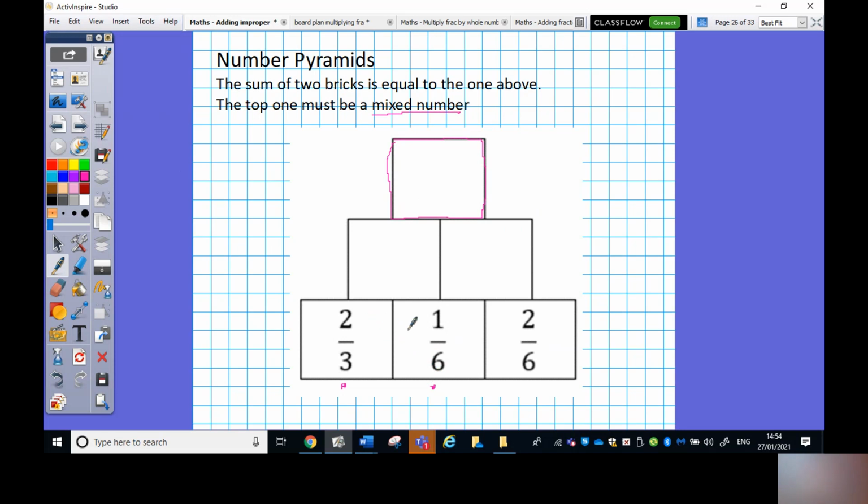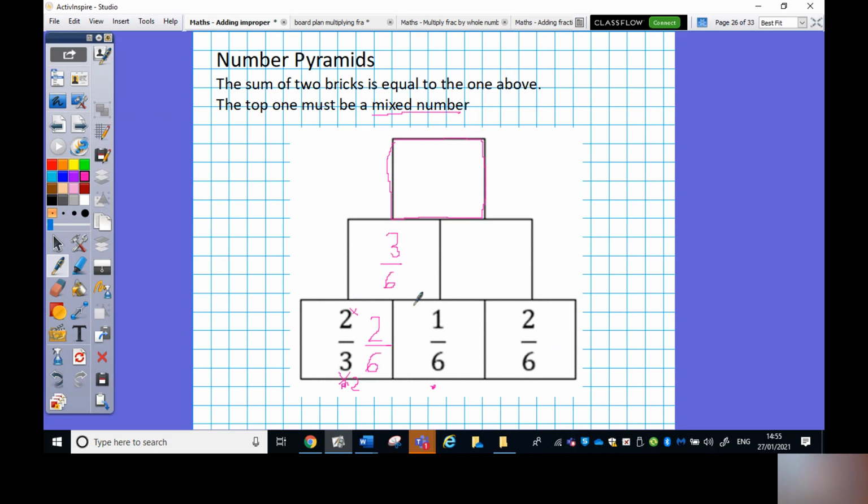Correct. Okay, so let's find the equivalent fraction. What could my denominator be here? Yeah, that's really easy, isn't it? Good. What do I need to do to 3 to get 6? Times 2. So then what do I need to do to my numerator? Times 2. Excellent. Now that comes nice and easy. 2/6 plus 1/6 equals